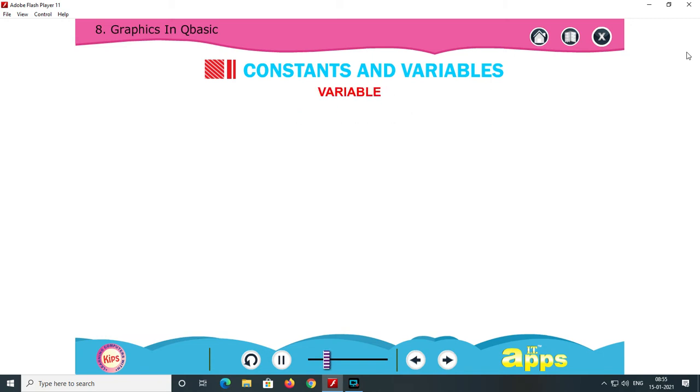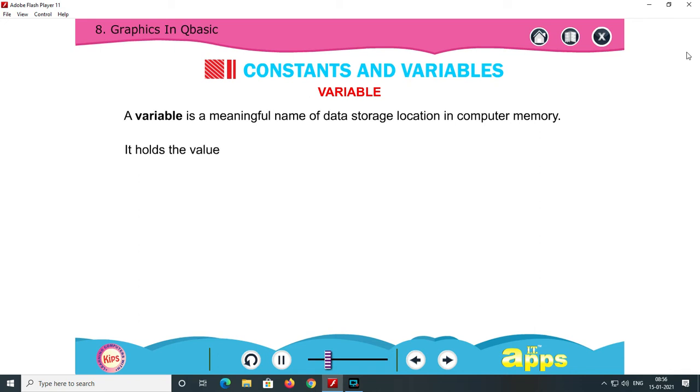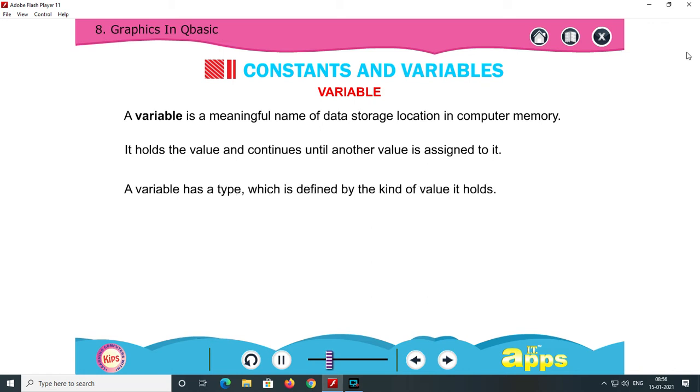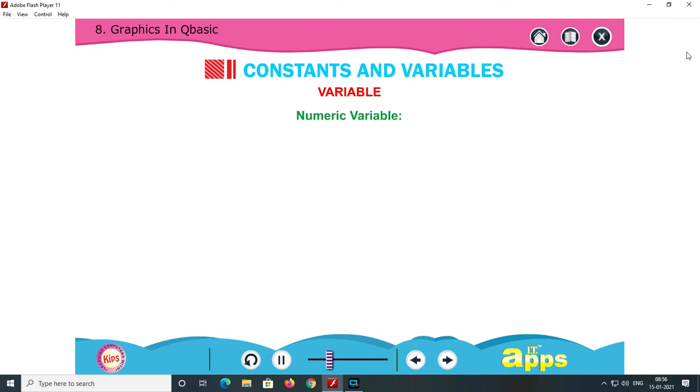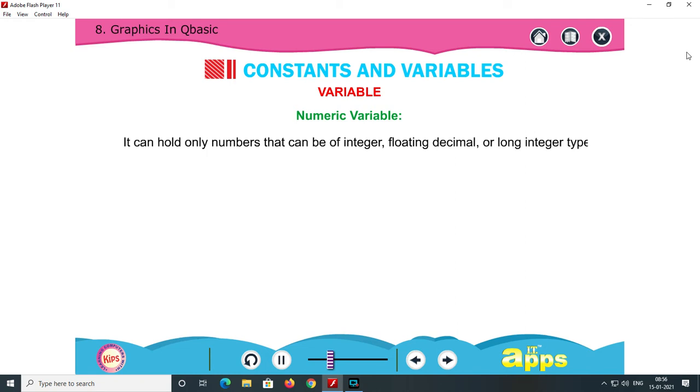Now let us talk about variables. A variable is a meaningful name of a data storage location in computer memory. It holds the value until another value is assigned to it. A variable has a type, which is defined by the kind of value it holds. A numeric variable can hold only numbers that can be of integer, floating decimal, or long integer type.